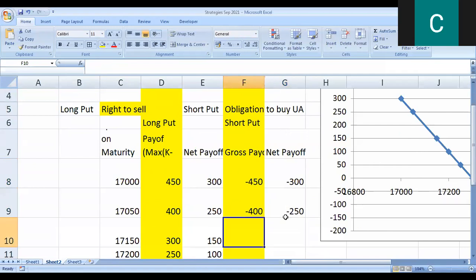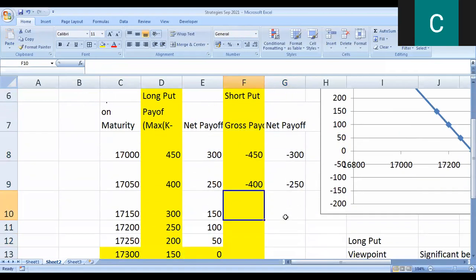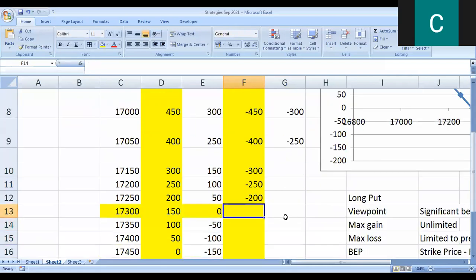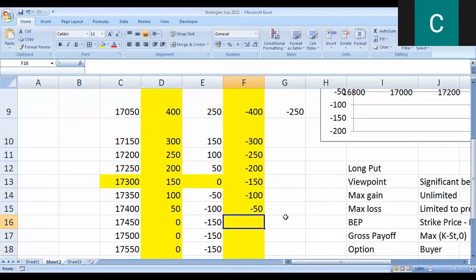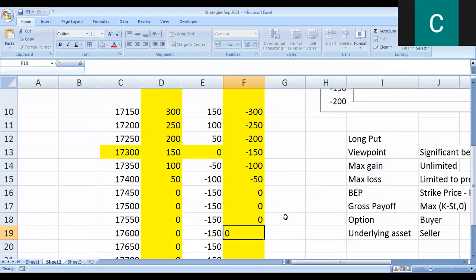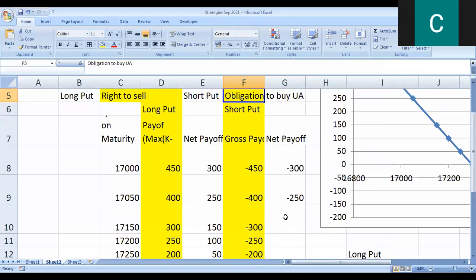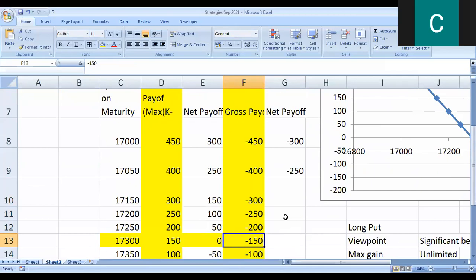As such, we need to understand. So let us see what the next level is. Minus 300, minus 250. If I take these values like this, minus 150, minus 100, minus 50, I'm simply taking it as the mirror image of the first party. So 0, 0, 0. Now, instead of writing such a big table, I want to convert it